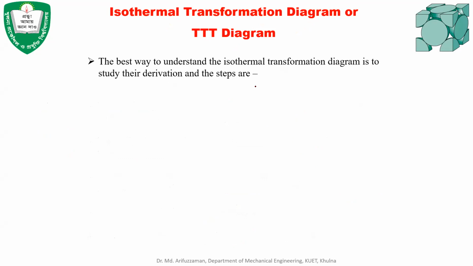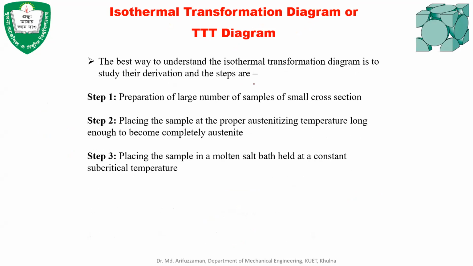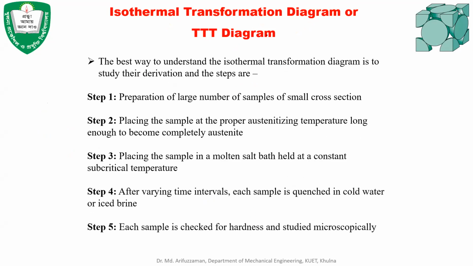The best way to understand the isothermal transformation diagram is to understand how this diagram is produced. Okay, and there are some steps for developing an isothermal transformation diagram. The first step is the preparation of a large number of samples of small cross section. For a certain steel, a large number of samples of very small cross section have to be produced. For example, if you consider a eutectoid steel which has 0.8% carbon, you need to produce a large number of small cross-section samples,